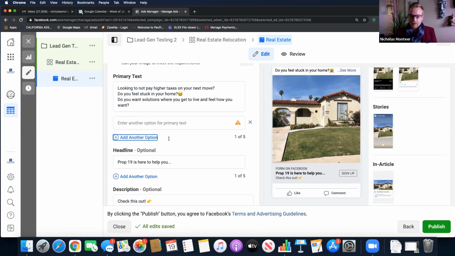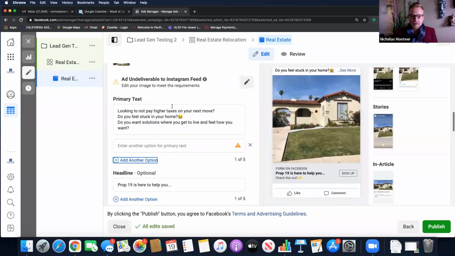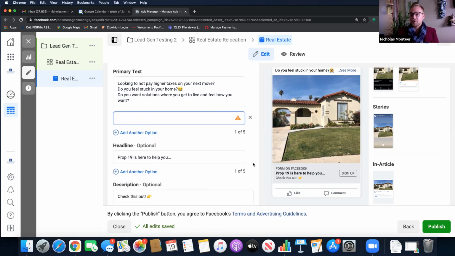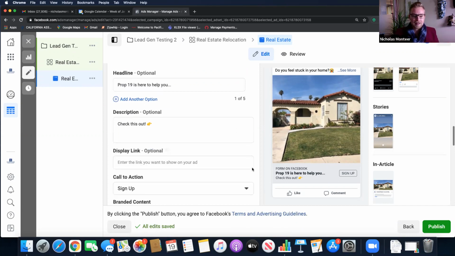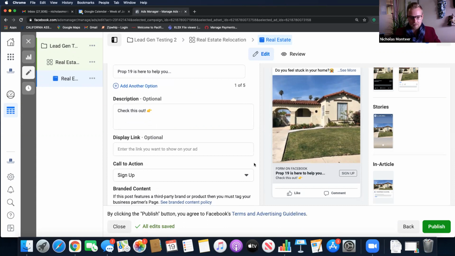So if I like what I said in this first one, but want to come at it with a softer approach to Prop 19, I can put something else in here and it will run two ads at the same time with the different variants, both at full speed. They don't do any customization for you on each of those. It's not a full A/B test, is my point.